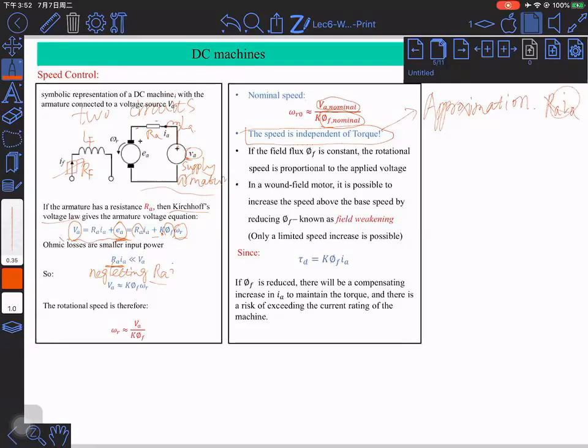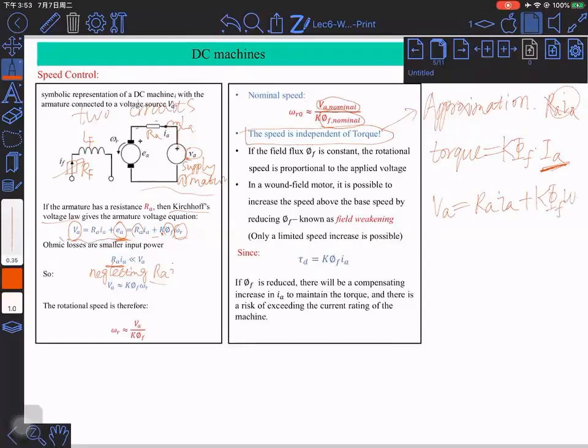Now let's look at this relationship, because we have the torque. Definitely you need to have the torque. That torque is used to drive the load. Otherwise, you can't carry any load, right? This torque is equivalent to K field flux times IA. If you want to deliver the load, you need a current. And because of the presence of the current, you have a voltage drop, RAIA. And after RAIA, you have the